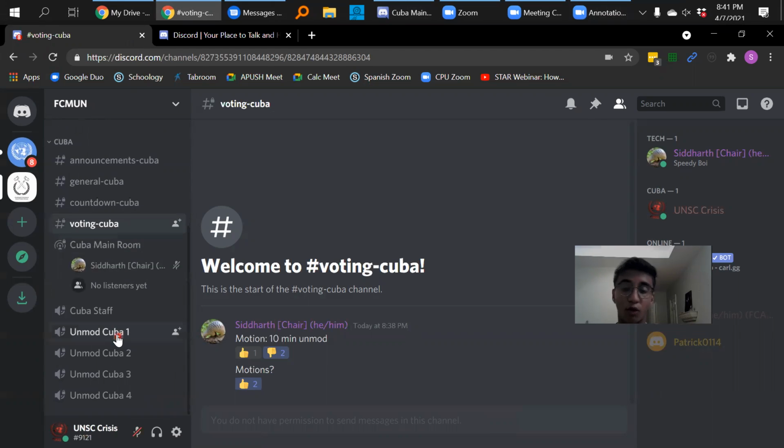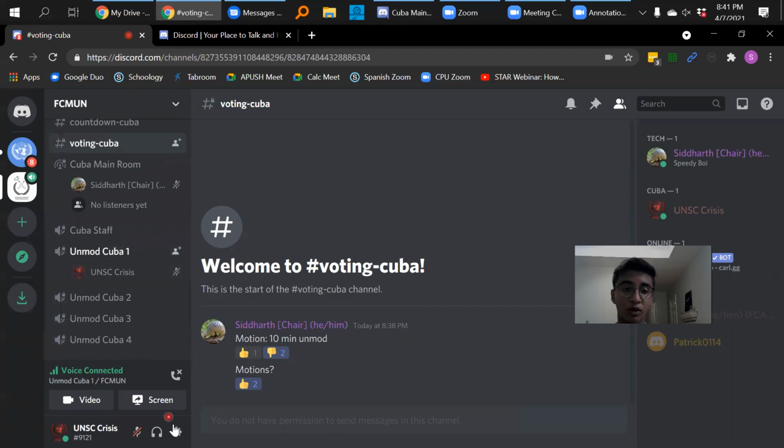Also for unmods, you're going to have these rooms that you can move in between. If you click here, you connect to the voice channel. You have a couple of commands down here. Here is where you can unmute and mute. If you're unmuted and you're talking, you'll see this green circle around your icon. This button right here is deafen. You're probably not going to use deafen a ton. Basically, what deafen does is it's the equivalent of turning your volume down to 0, but it only does it